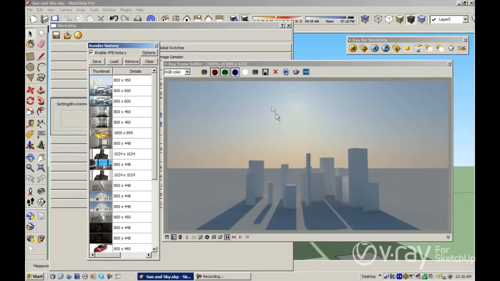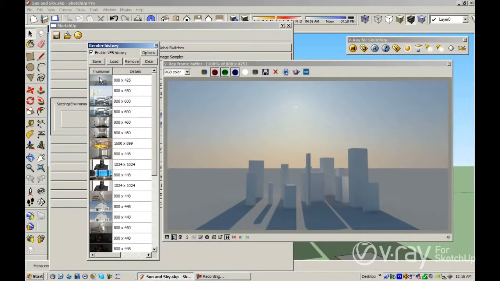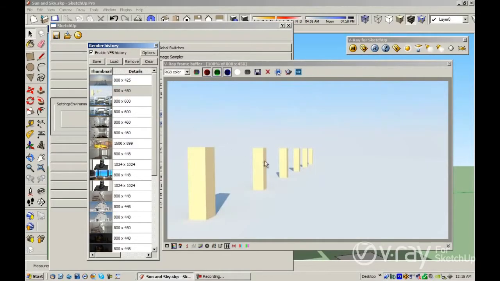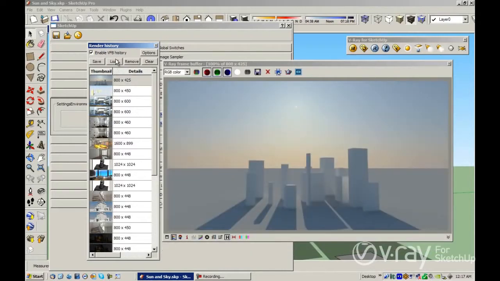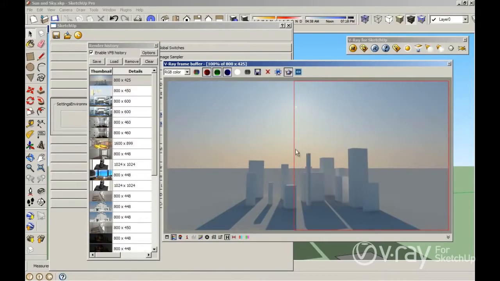So for now, you can click here, save in the history, and your render is going to be here in your history. If you want to load, for example, this old render, I can load the render, and if I want to call my previous render, I can select the render and click load, so you have this render back. Okay, let me make a small window here in this area,